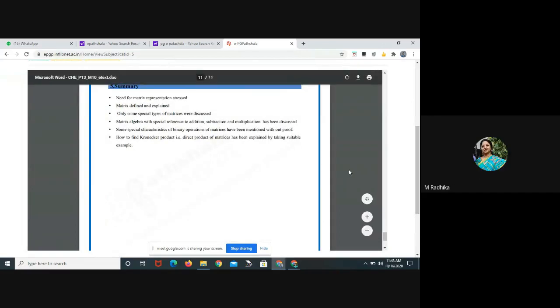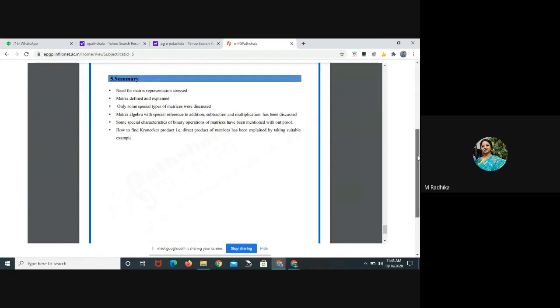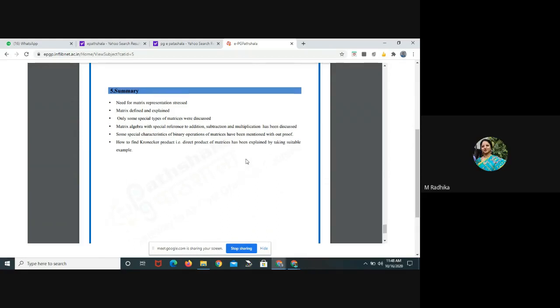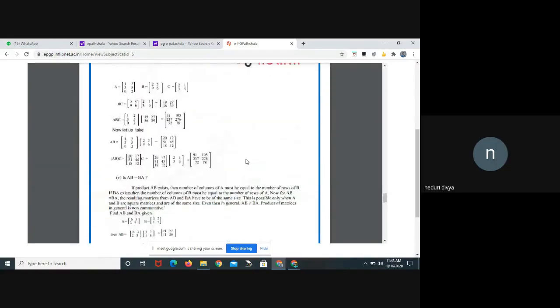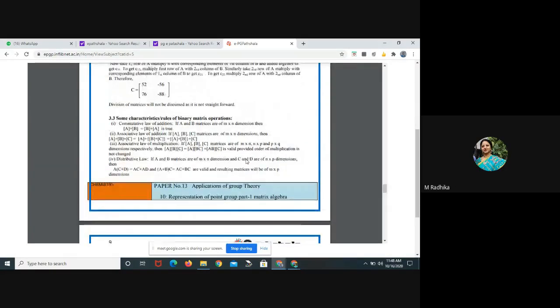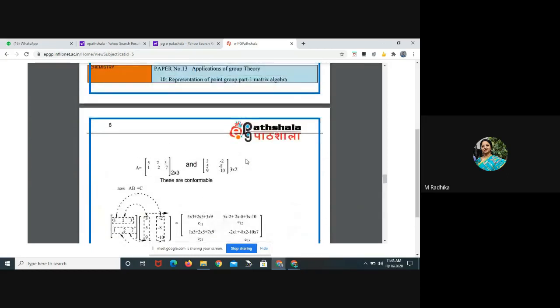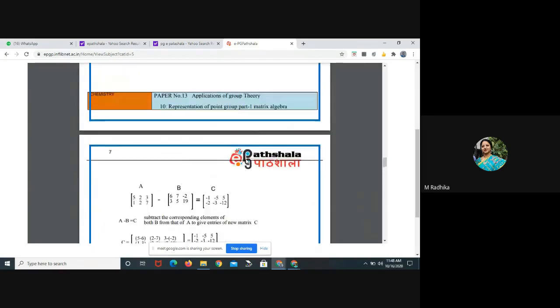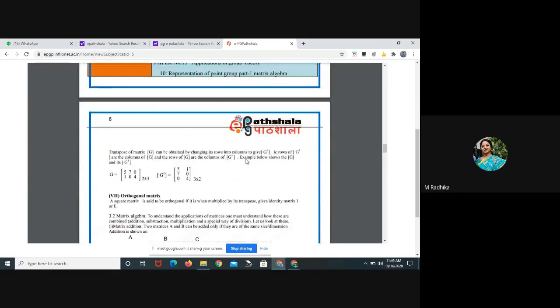This is the second class on group theory. Last class we saw some simple mathematical rules which apply to the symmetry elements. What are the three or four rules we have seen? Identity: anything you multiply with identity, you get back the same symmetry element. Then the next one we did was associative. Anything else you remember? Some three or four we have done like that, right?